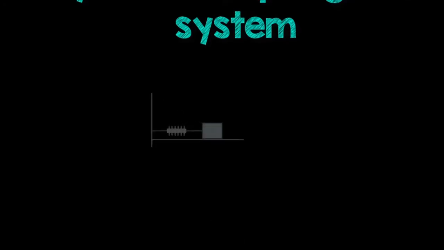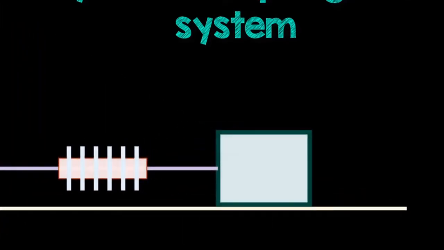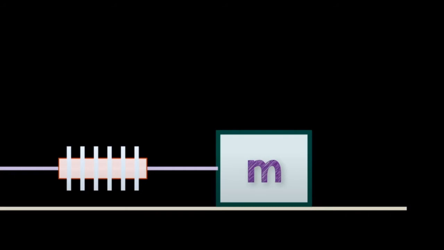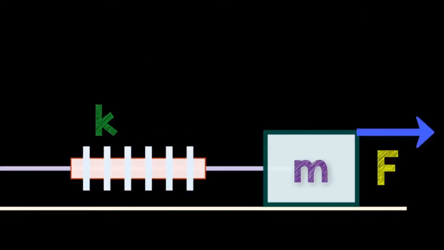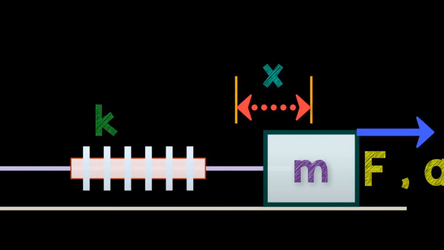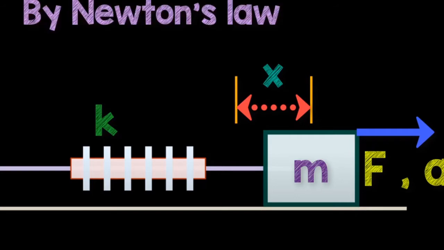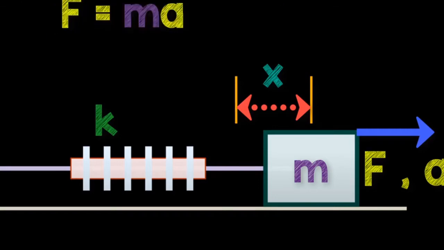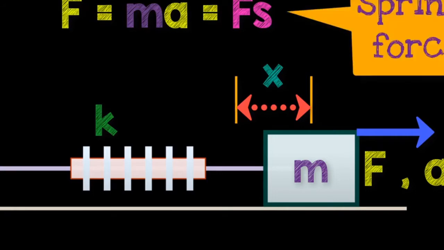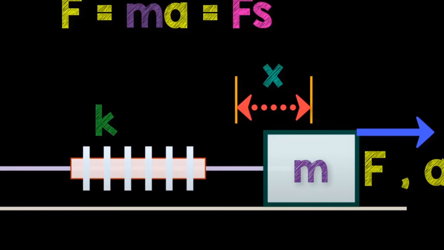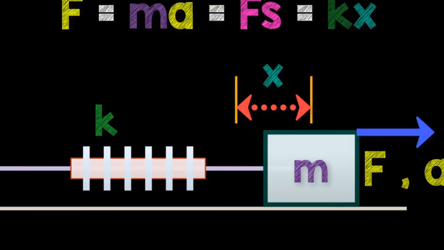First, let's start by understanding the basic physics of acceleration measurement using a spring and mass system. As seen in the diagram, a body of mass m is attached to a wall by a spring having spring coefficient k. When force F is applied to a mass m, it is displaced in the direction of the force by amount x with acceleration a. Using Newton's law and writing the force balance equation, we get F equals ma, which equals Fs. This Fs is nothing but the force due to the spring tension. The force due to spring tension is written as kx, where x